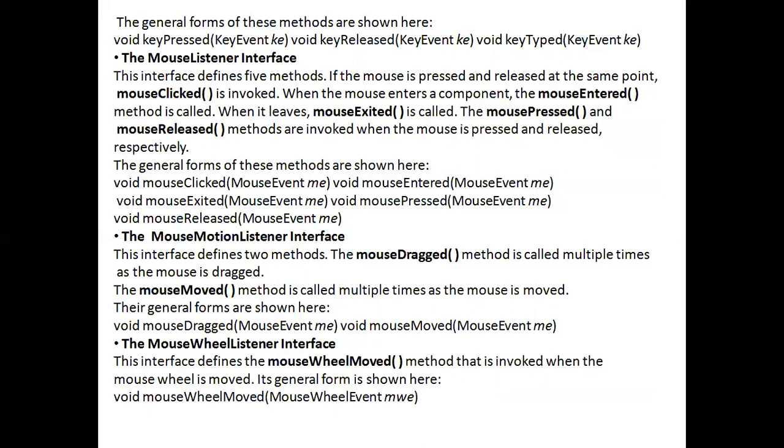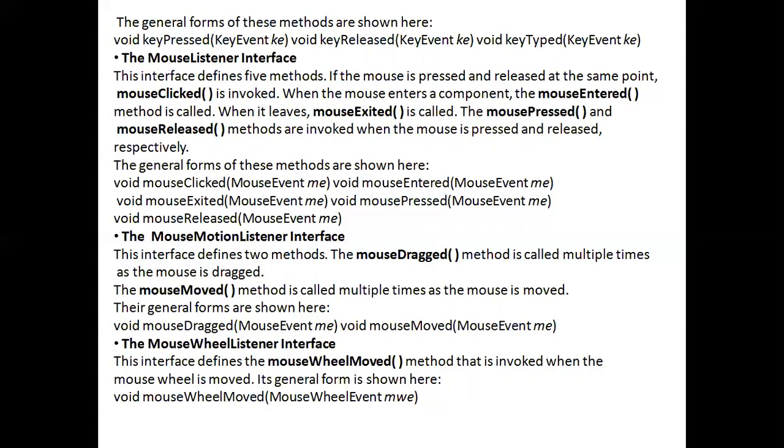The MouseMotionListener interface has two methods. First one is mouseDragged. This method is called multiple times as the mouse is dragged. Next, the mouseMoved method is called multiple times as the mouse is moved. The general forms are void mouseDragged and void mouseMoved. The MouseWheelListener interface defines the mouseWheelMoved method that is invoked when the mouse wheel is moved.